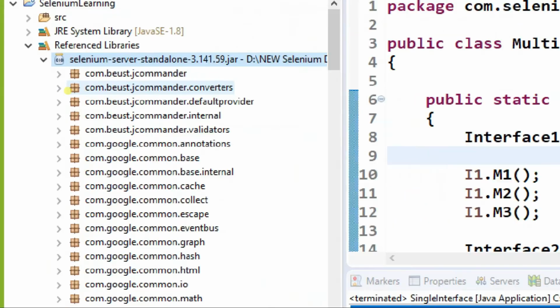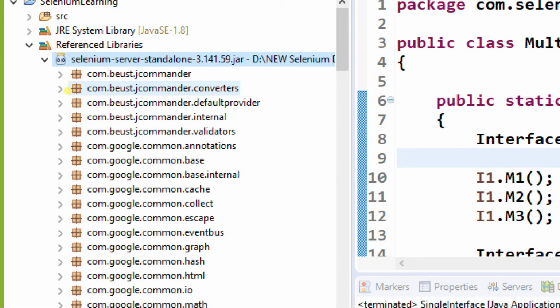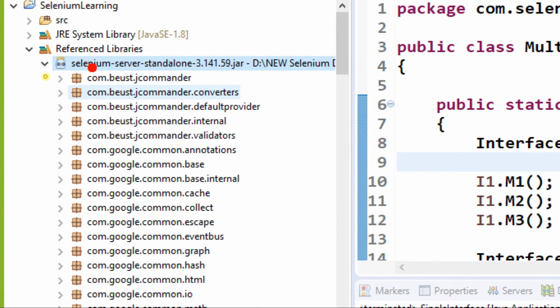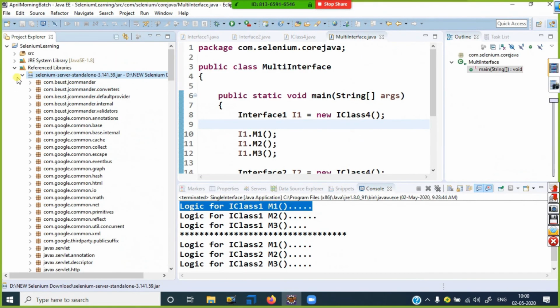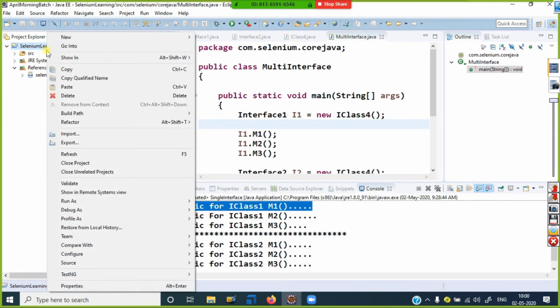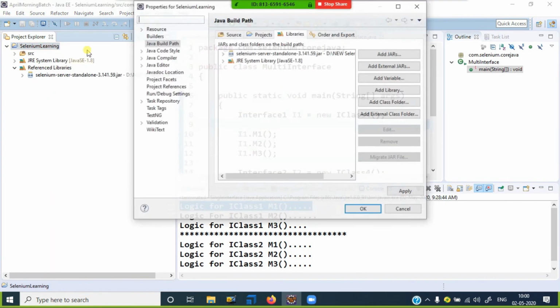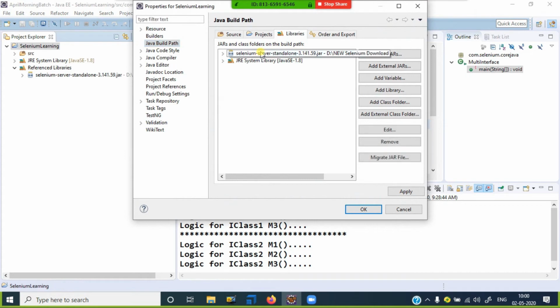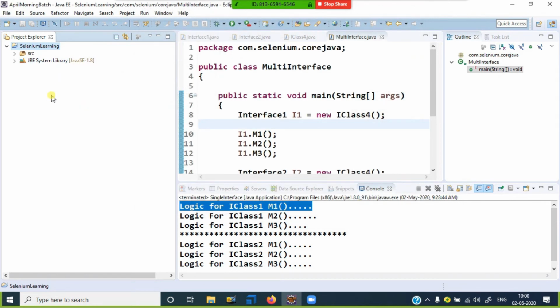I already told you how to create the project and the package: domain name, project name, purpose. This is the way you can create the package, and all of this I want to start using in my test cases. This is one way. Next, if I want to remove this, I select this jar file, click remove, click OK, and it will be removed.